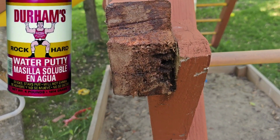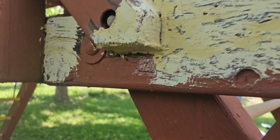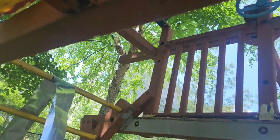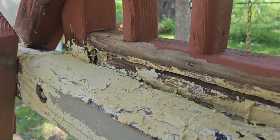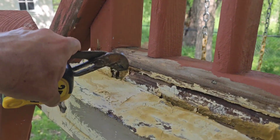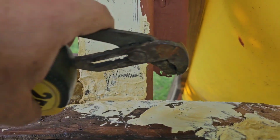This is the water putty I put on to fill the gaps, fill any cracks, splits. Again, this is just going to save the wood from getting worse. Underneath, it was pretty soft in some spots, so I cut it. Anywhere where there was rot, took the rot out. If there's cracks, filled it with the water putty. I just don't want water getting into the wood any more than what it was. And this stuff hardens up like cement when it's done. Give it a little tap, tap, tap there. And once the flashing covers that and water can't get on it anyways, I think it's going to work out